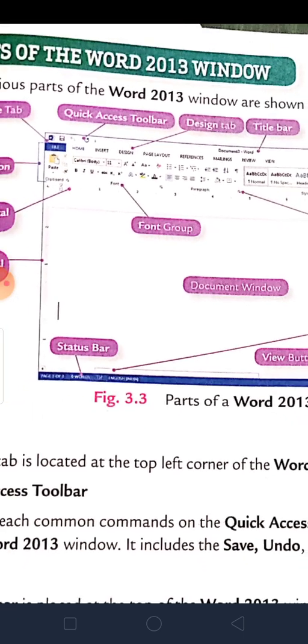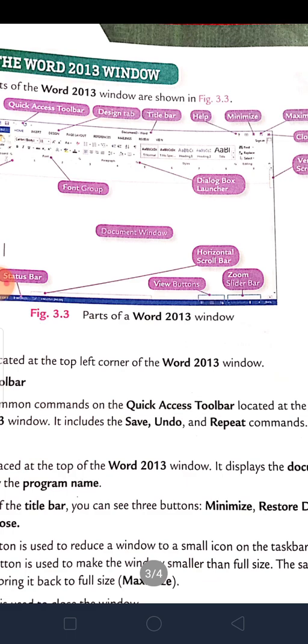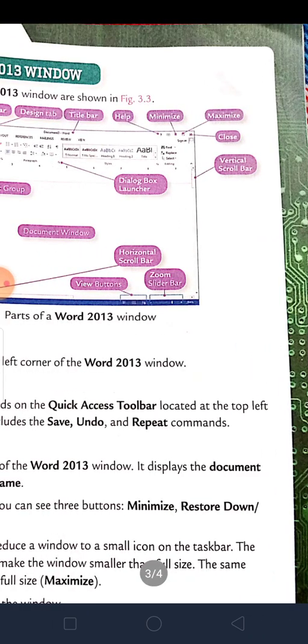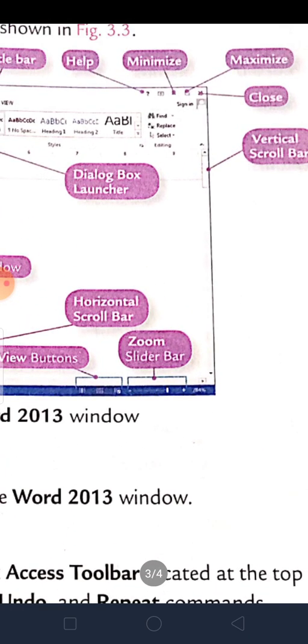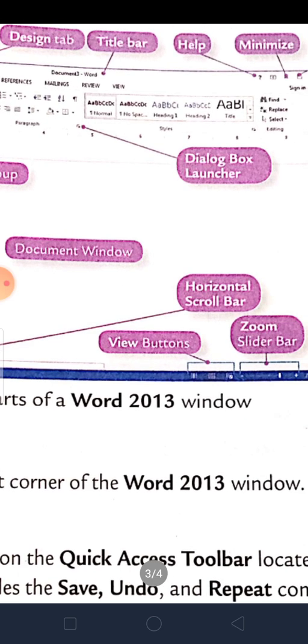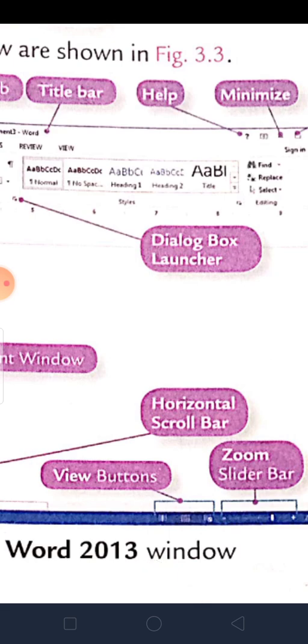Next comes the document window. Document window is a blank page where we write. Next is the help button. See, here is a question mark, that is the help button. Next comes the status bar.